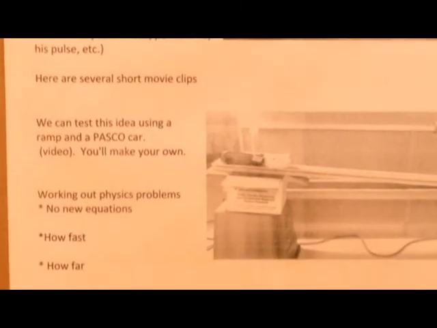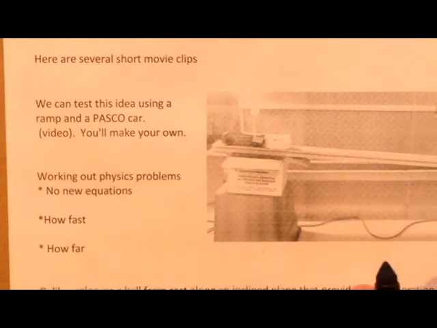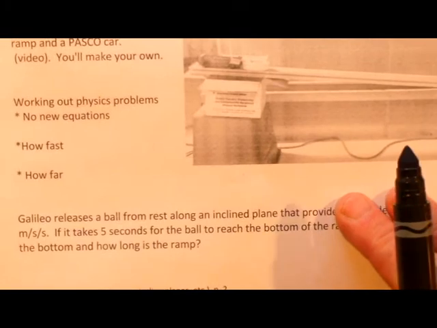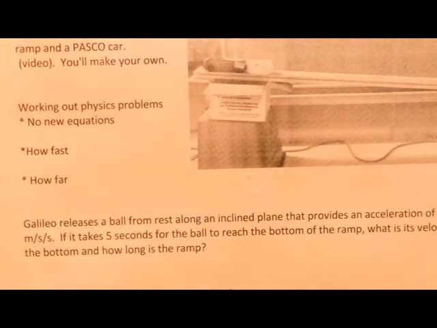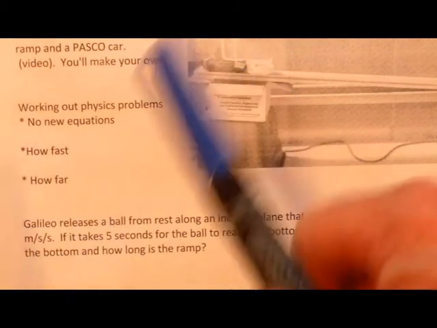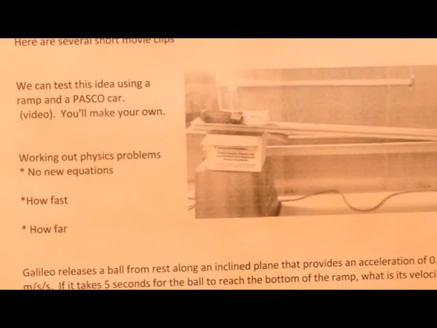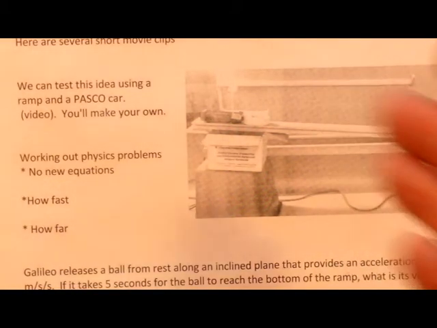Okay, I'm back here, and so Galileo does all this, and he makes all these discoveries about how objects move along the inclined plane. Well, we're going to be able to experiment with this too, and we'll be able to take a movie of a little Pasco car going down an inclined plane, and you're going to make your own movie. I'm going to show you mine, but you'll make your own movie, and then we can use video analysis to actually come up with the acceleration and the speeds of the objects as they move down the